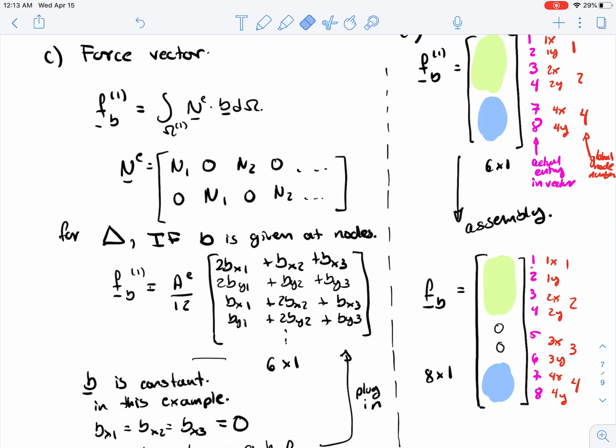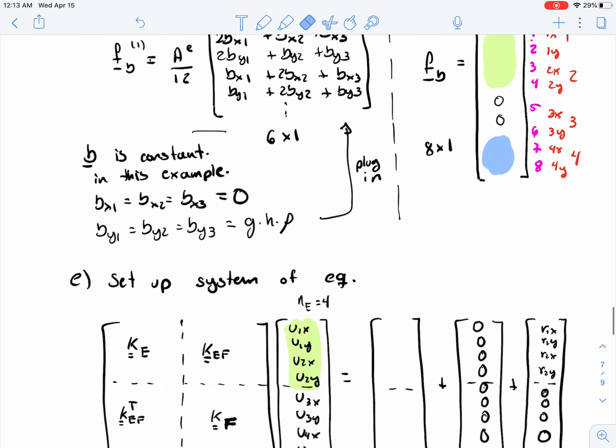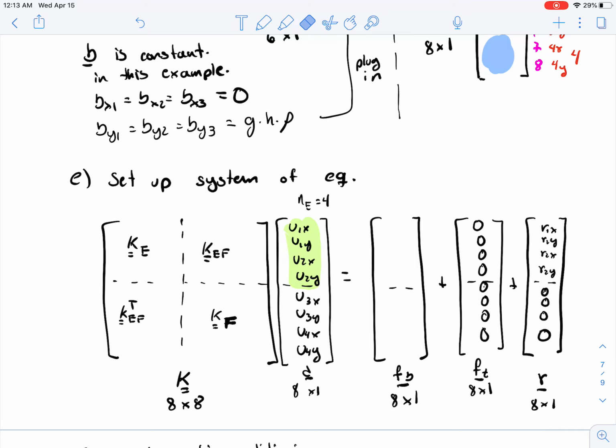For the force vector, again, the general definition is this. For the triangular element, I gave you a formula. If the B is given at the nodes, then I gave you a formula that is this 6x1 vector, so you just need to plug in values. And then you will get the 6x1 vector by plugging in the values. And then for the assembly, again, I think that's probably the tricky bit for this one. And then once you have the